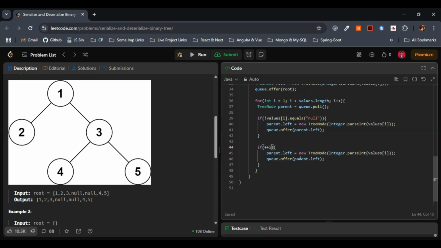If i is less than values dot length in this case, this is fine. And then values of i, meaning the iterated value of the values, is not equal to null. Basically that's what we are doing here. This is fine. So instead of parent dot left, let me change this one to right, as